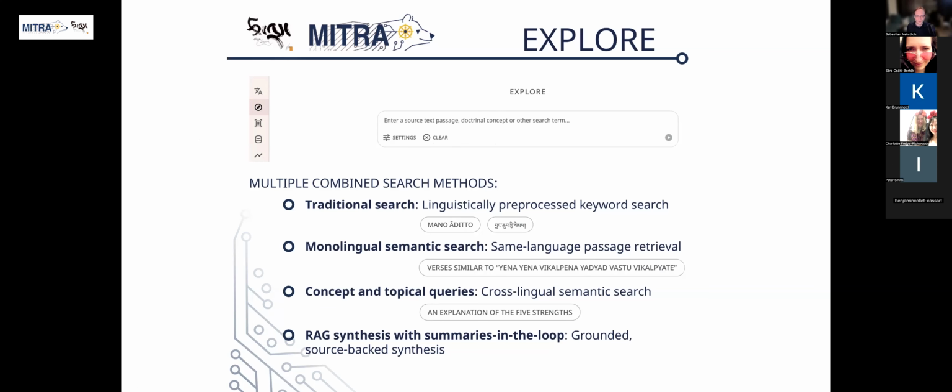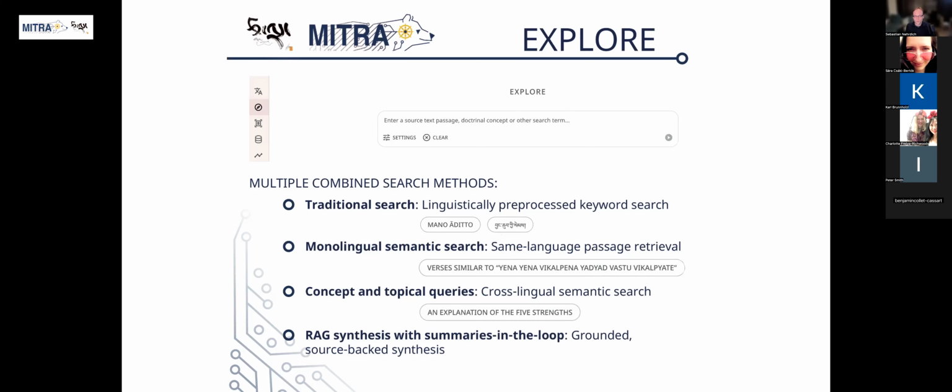We have what we call the traditional search system, which uses linguistically preprocessed keyword search. For Sanskrit, this requires a linguistic stack where we provide word segmentation and so on to facilitate the search. For Tibetan, some stemming and so on also needs to be done.